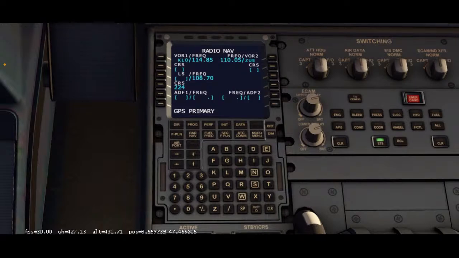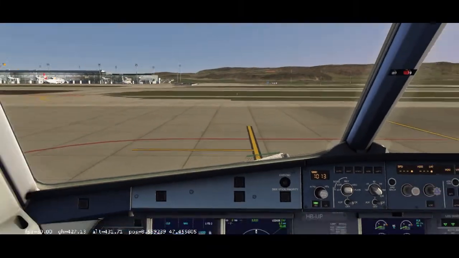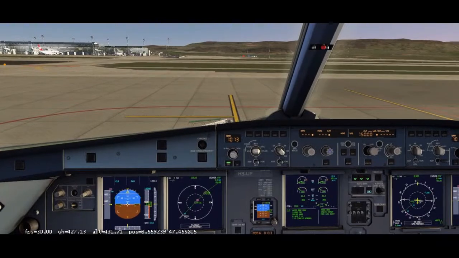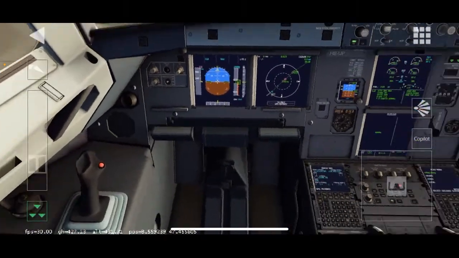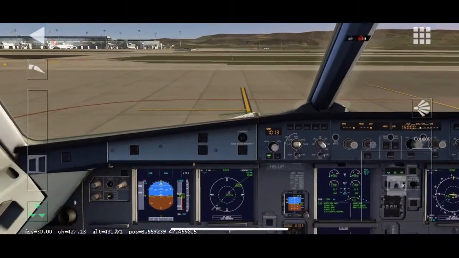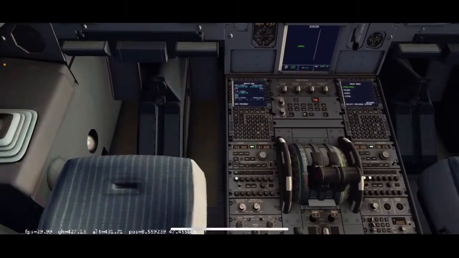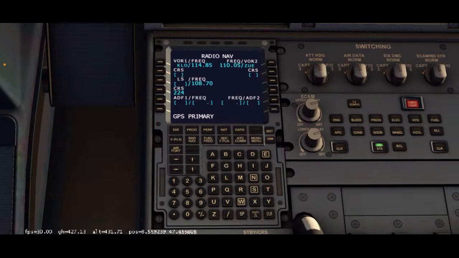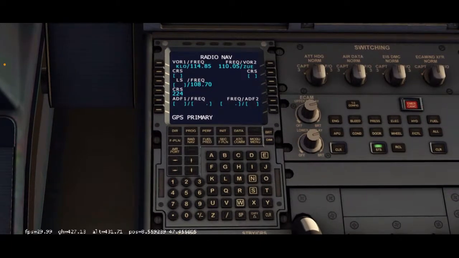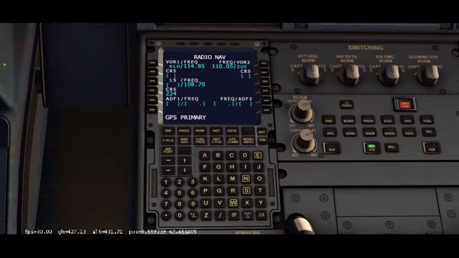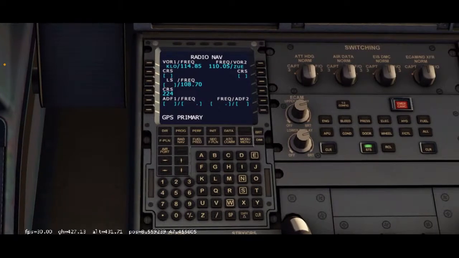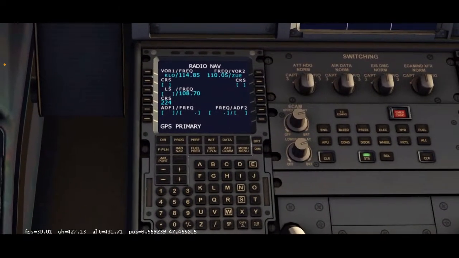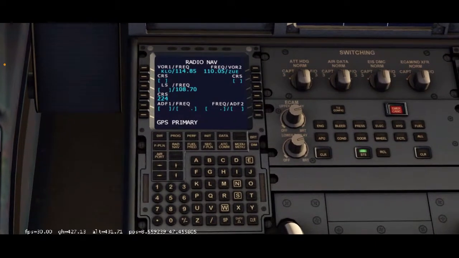So yes, ladies and gentlemen, it does take this long in real life. As a ramp agent, we have about an hour and a half to load all of the luggage, and that's because I believe it takes about an hour and a half to just start up the plane. But is that complete? Yes. At VOR to the Geneva one. Set the VOR to, oh, the CRS, the course. Okay, yeah.